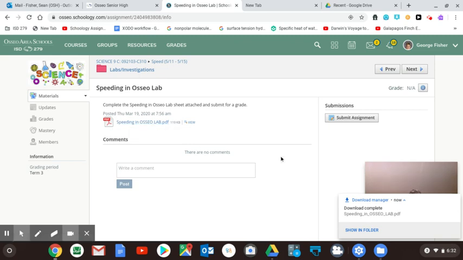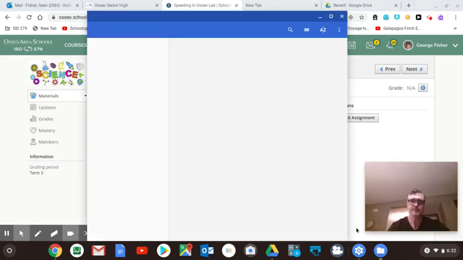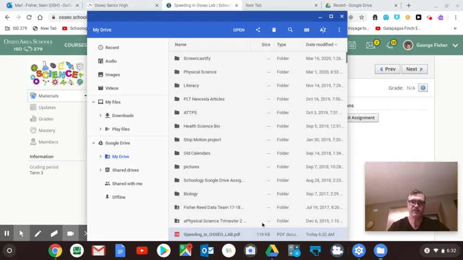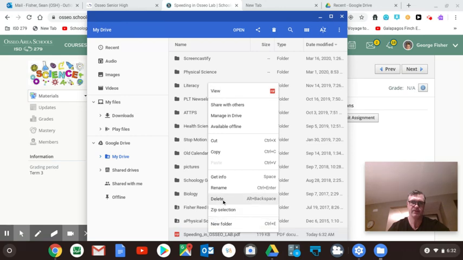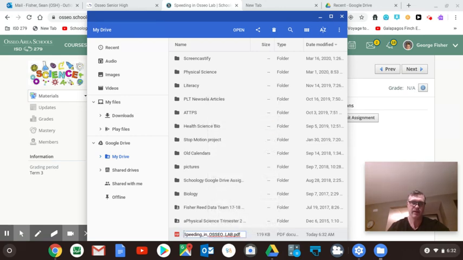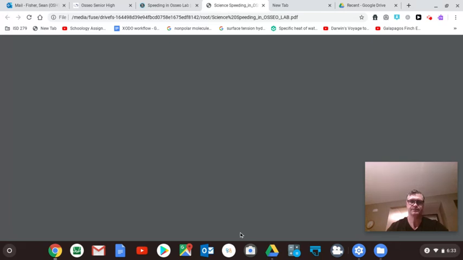So first I'm going to click on the PDF and it's going to download it to my hard drive. I want to click on Show in Folder and that will show me where the file is. Now, I suggest changing the name. You don't have to, but if you two-finger tap on it, you can rename it. And I would suggest just renaming any file for science with the word science in front. It makes it easier to find later. Then if I double click it and open it up,